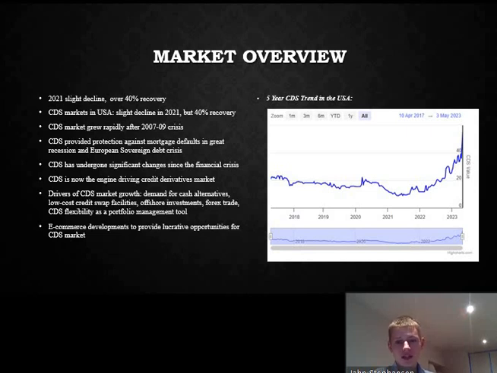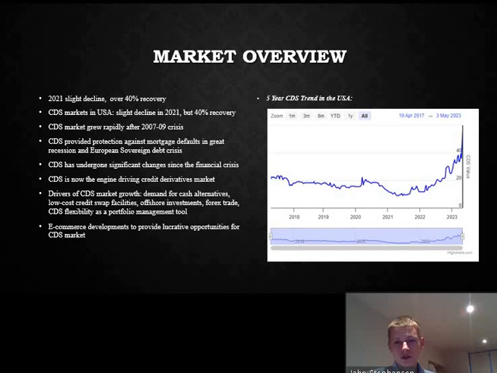Credit default swaps played a significant role in the Great Recession. American banks, including Bear Stearns, American Group, and Lehman Brothers, issued credit default swaps to investors to protect them against losses in case the mortgages that were securitized in mortgage-backed securities defaulted. Since the CDS provided protection against mortgage defaults, investors believed that the risk of loss was reduced in case the worst were to happen.